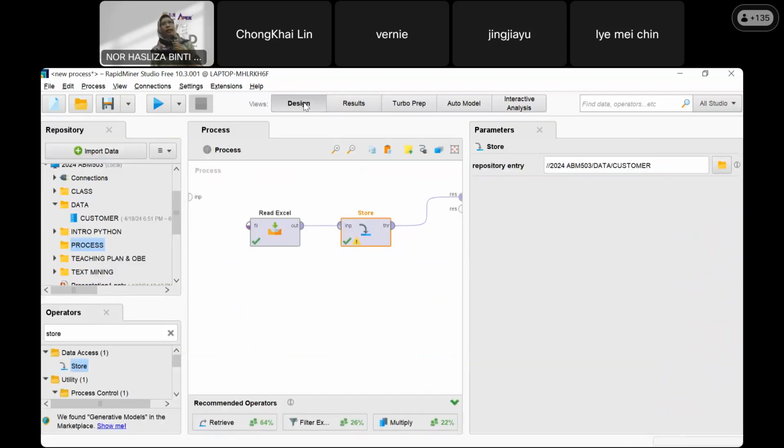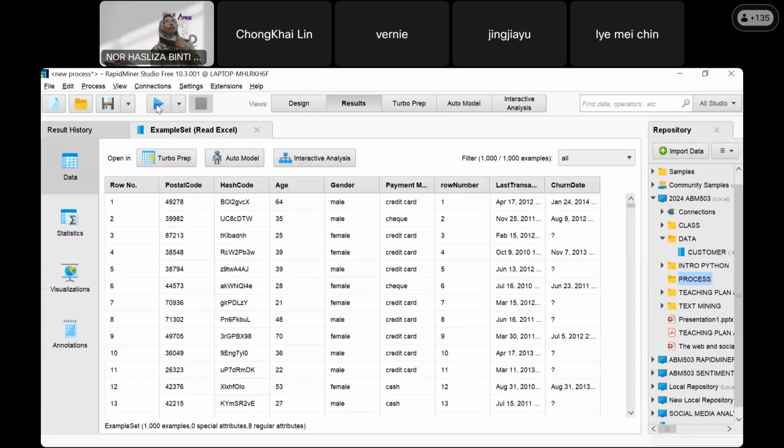See that? Here is design. This one is result. When you put it in design and you execute the process, it will go to result.